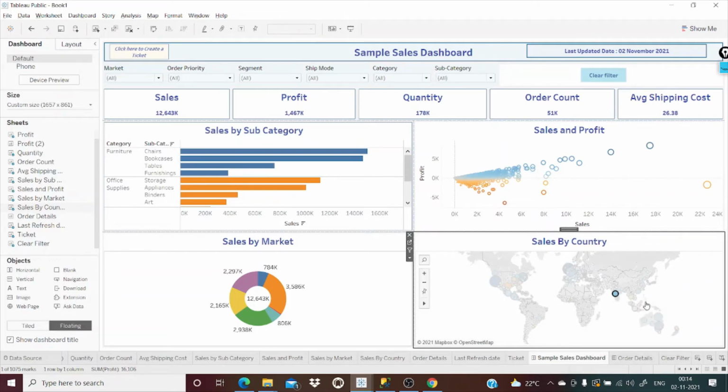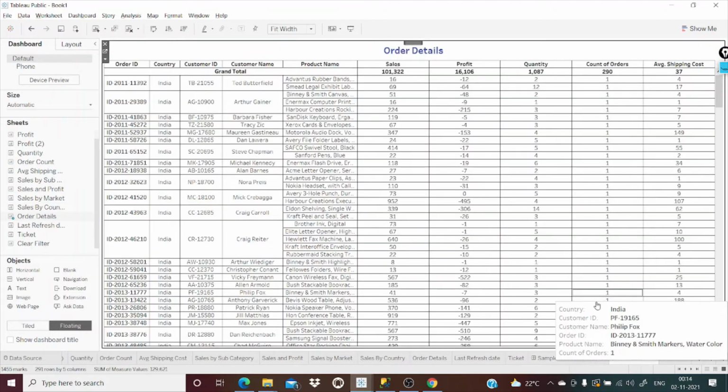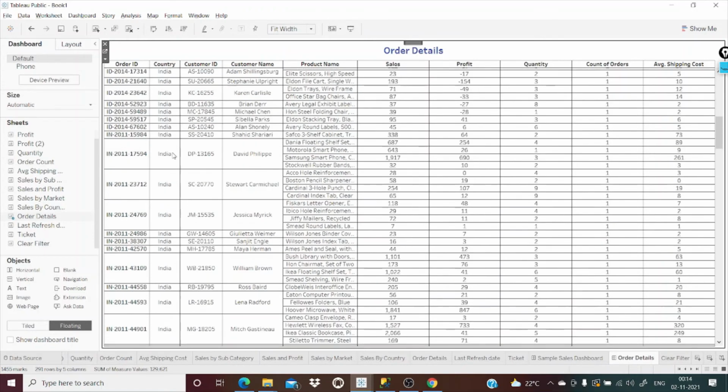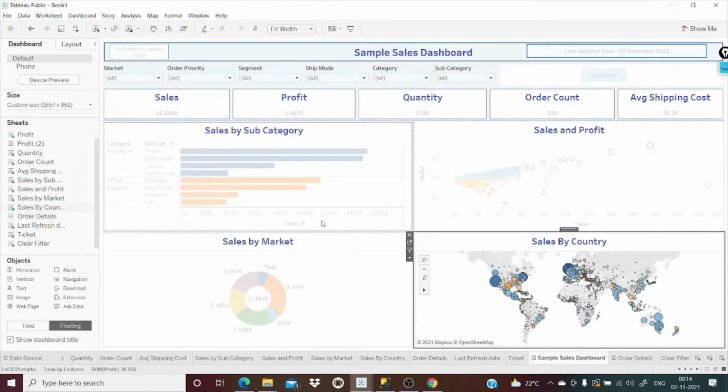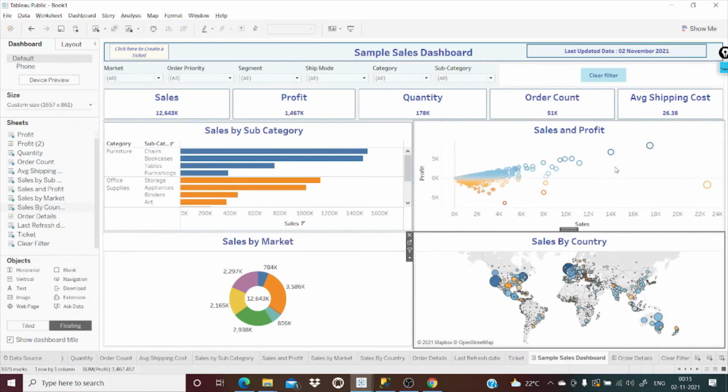I don't want only Maharashtra. I would like to have country as well. Now only India's data is being shown. Fine. It is not reflecting any changes here because that is not what we wanted. The moment it clicks here, it should redirect to the order details page. That is done.